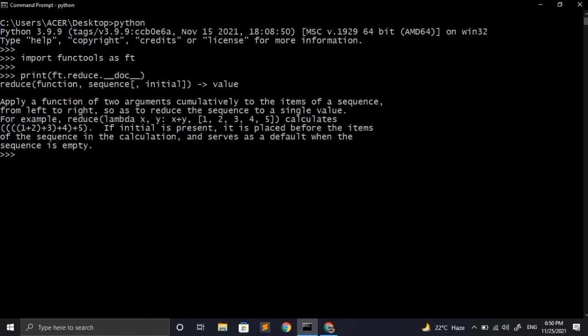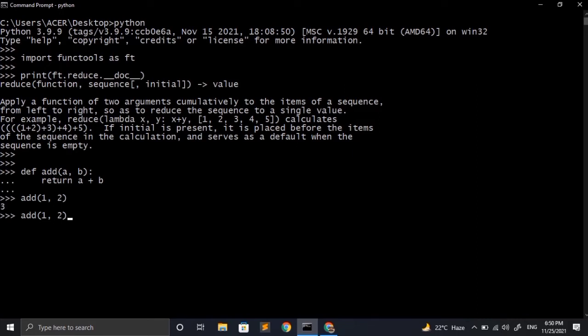It shows about the reduce method, the syntax that has to be followed, the values that are to be provided and also it shows about the working of the same. Now let's make a simple function to add two numbers. So it will be taking two arguments a and b and it will return the sum of them. So now let's call this function and let's provide the arguments as 1 and 2. So it will return the sum as 3.